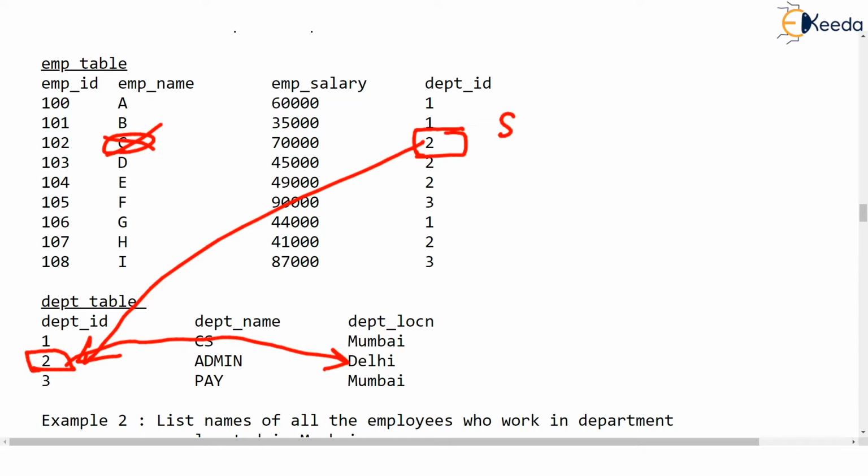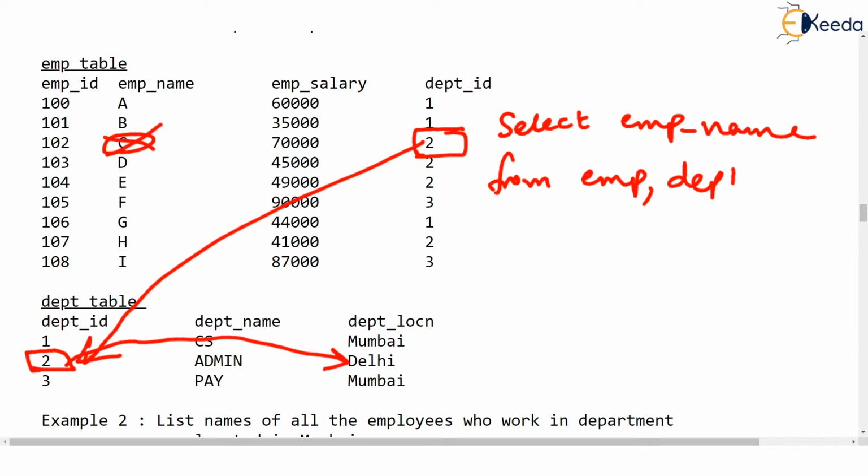What do you want to select? You want to select EMP name. You want to list the names of all the people who work in department located in Mumbai. So select EMP name from, now think over it, from EMP comma DEPT. Now why two tables? The two tables because we want to compare department ID of EMP with department ID of DEPT.